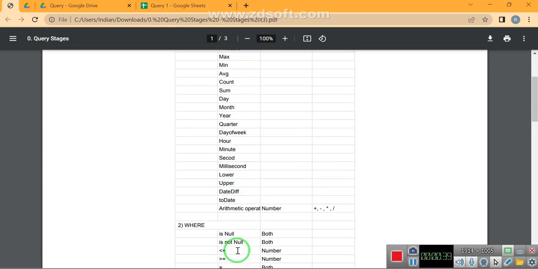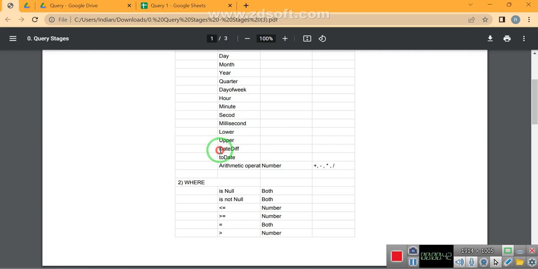In the last video I left off at date diff, so I'll continue from that. What is the meaning of date diff? It is basically the difference between two dates. For example,